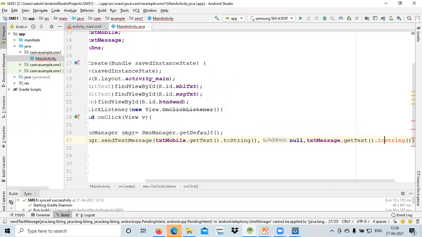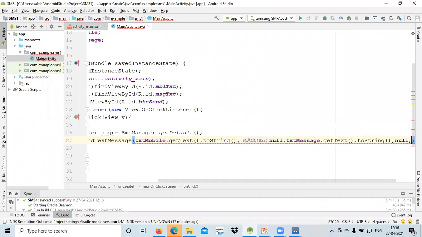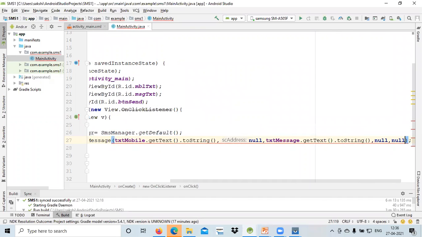Fine. And the rest part was the pending intents, and we will just set both of them as null values over here. Clear? So any doubt till now?